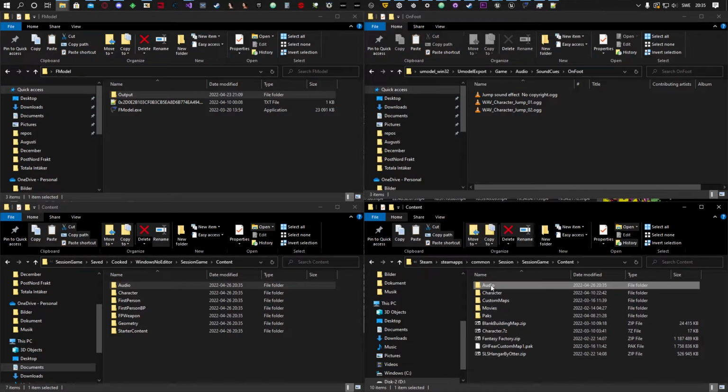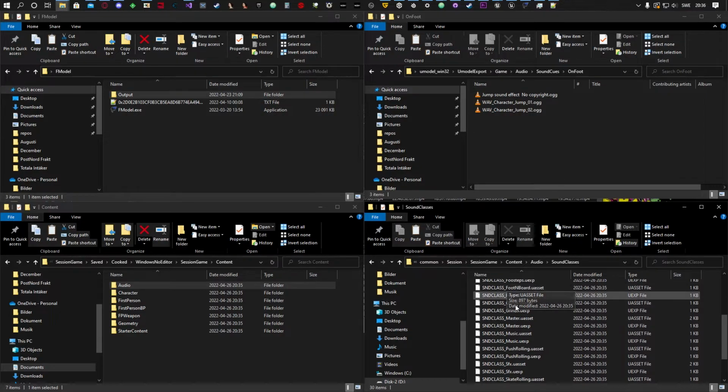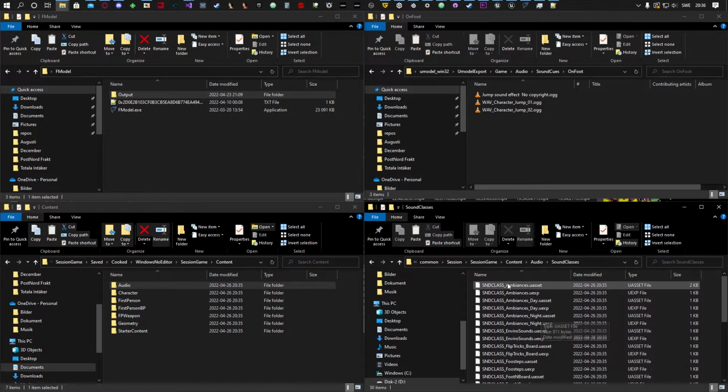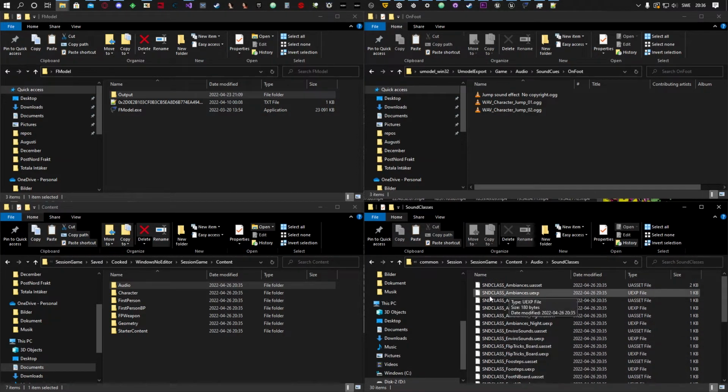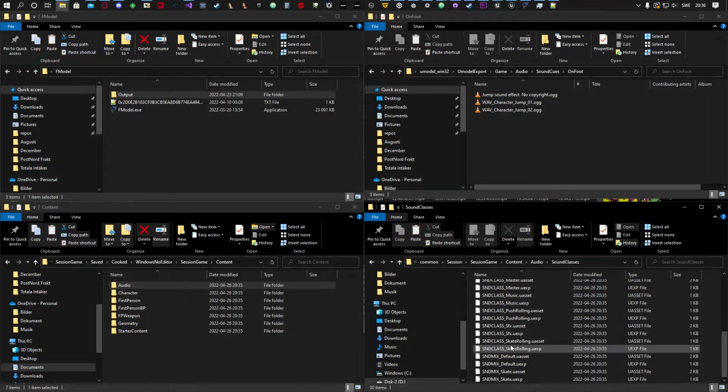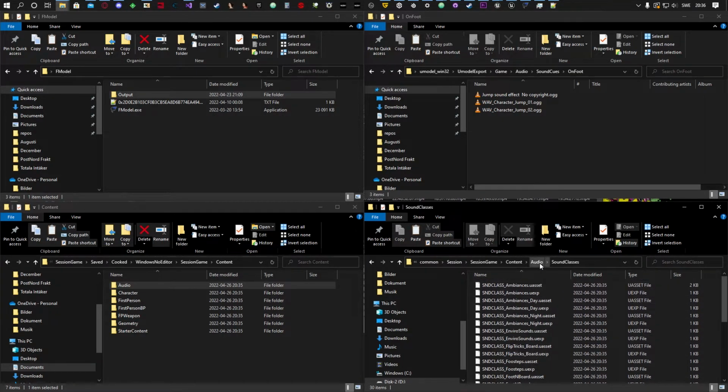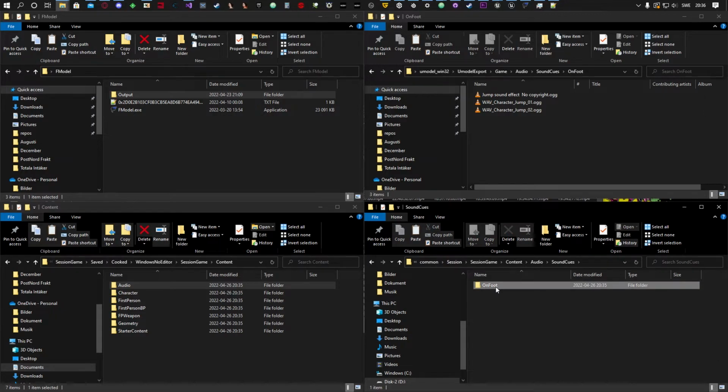So now, in here we have all these sound classes. You're not referencing these anymore? Well, you are, but you have all of these recreated, so you don't need to remove these to reference them. You already have them working the way they should. So you can keep these in here. And then the sound cue will use our mod sound, and then it will use the class to set the volume properties and whatever properties you need to, use the sound the way it should be used in the